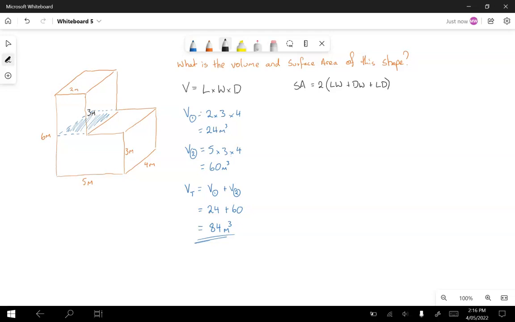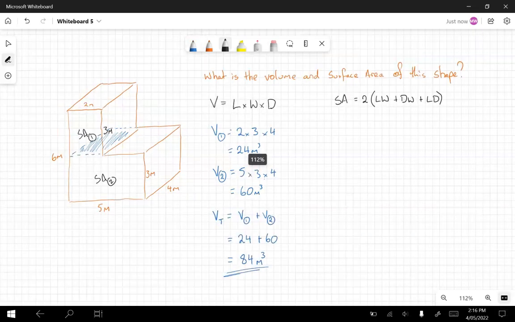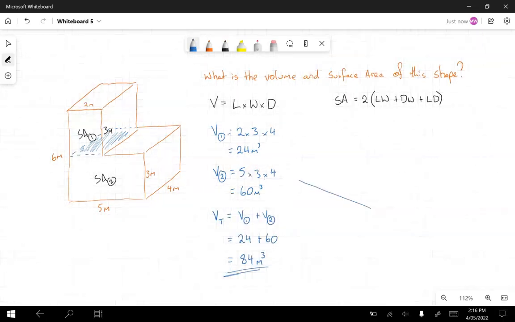Going back to our formula sheet, the surface area for a rectangular prism is two lots of a length by a width, a depth by a width, and a length by a depth. In other words, it's just a round robin of all the sides, and we need to double it because remember that there are 2 of each type of side opposite each other. 6 sides altogether to these. Alright, so again, we might label this up. So we'll call this one surface area 1, surface area 2. Alrighty. That makes surface area 1